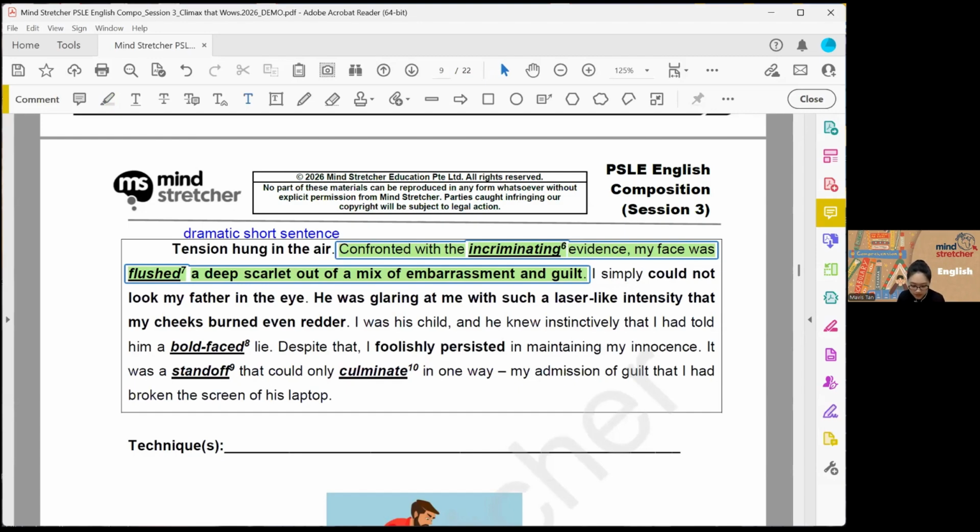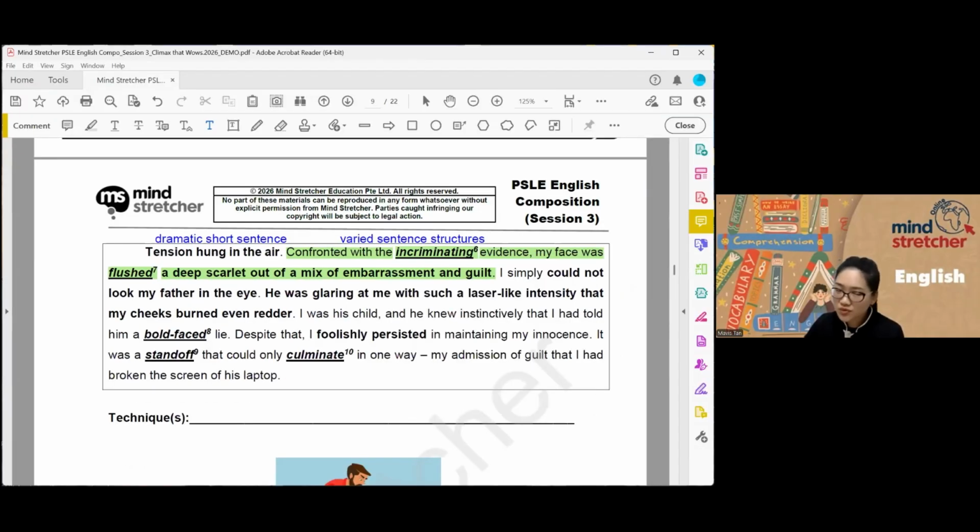So I'm going to label it, okay? And this is something examiners look at too. They are not going to count how you varied your sentence, but when you read our model compositions, or when you read a good model, you realize that wow, it's very smooth. It's very smooth and very interesting because there's variation in sentence structure. Only when you study it do you realize, hey, actually there is. So how to create that effect in your reader is to do the same. You vary it. Okay, so we can begin our sentence like that.